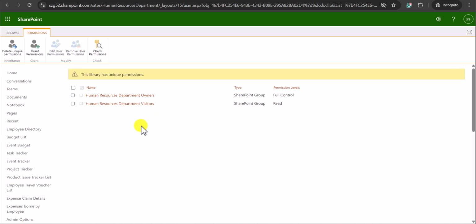So it is fine. As we wanted to create a unique permission for this document library, it is okay. So now we need to provide access to the Lydia account. Now you can see Lydia also cannot access this site or this library because we removed the